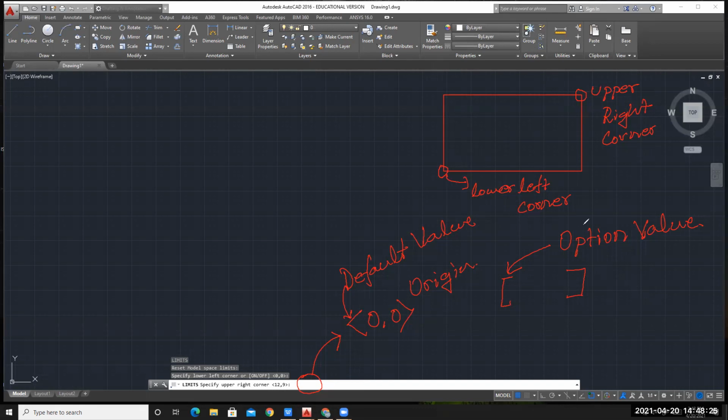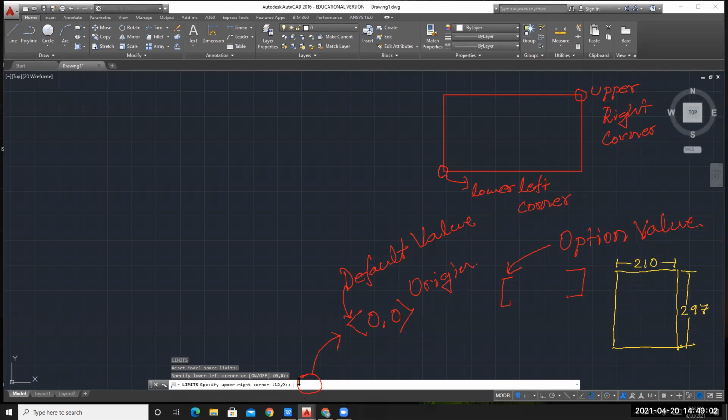So suppose this is your A4 size paper. As one of your friends has told, this is 210 and this is your 297. The same values I will keep here as the upper right corner values.